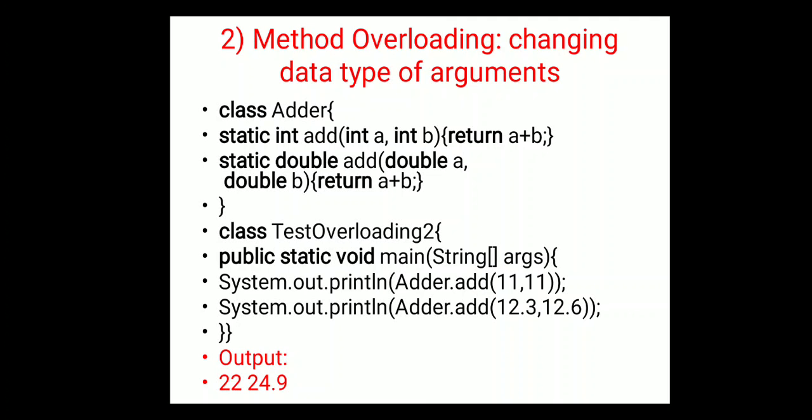And one more is, two methods are said to be overloaded only when the number of arguments are different or the data types of arguments are different. And the major advantage of method overloading is it increases the readability of the program. And one more point we need to remember is, it is not possible to overload two methods by using the return type of a method.